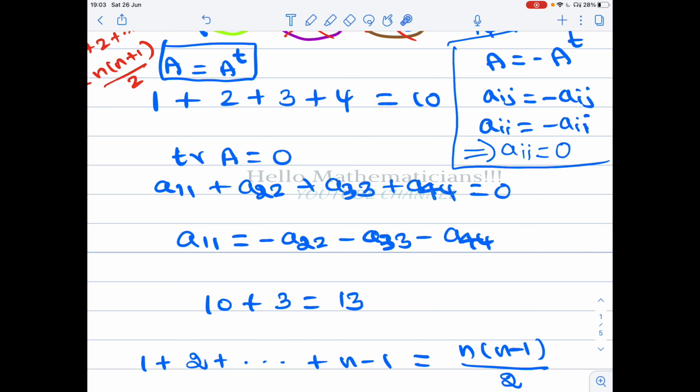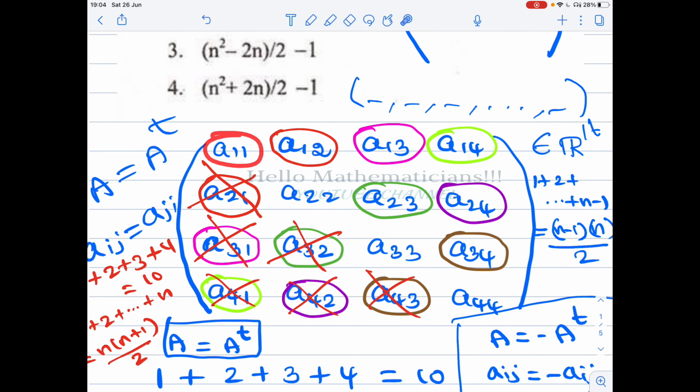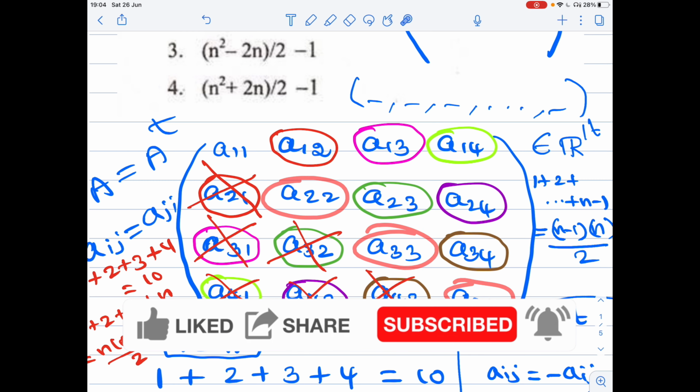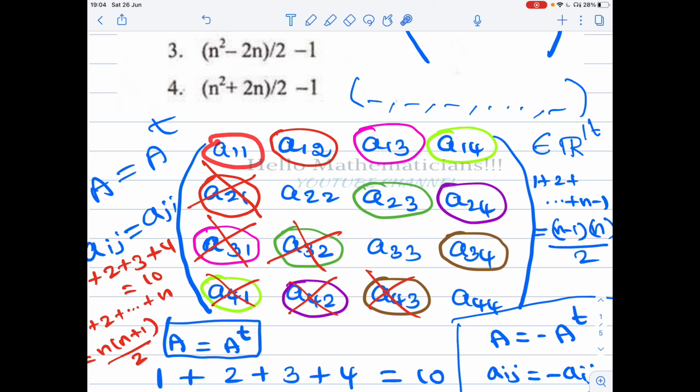So for each constraint, you will get a dependent variable. Trace equal to 0 is one condition, so for that condition, you have to reduce the dimension by 1. That is the idea. When you look at the set of all symmetric matrices, all these 4 entries were free variables because the symmetric condition doesn't put any condition on the diagonal entries. If you put the trace equal to 0, then this variable will be dependent on these variables. Therefore, in the diagonal only these three variables will be free and this will be a dependent variable.